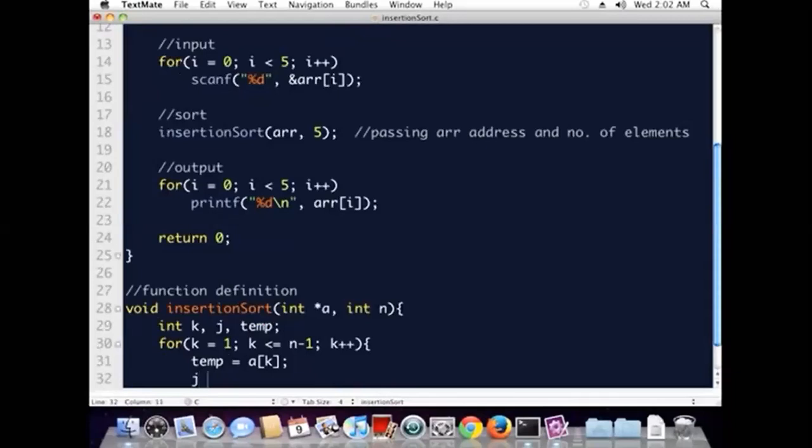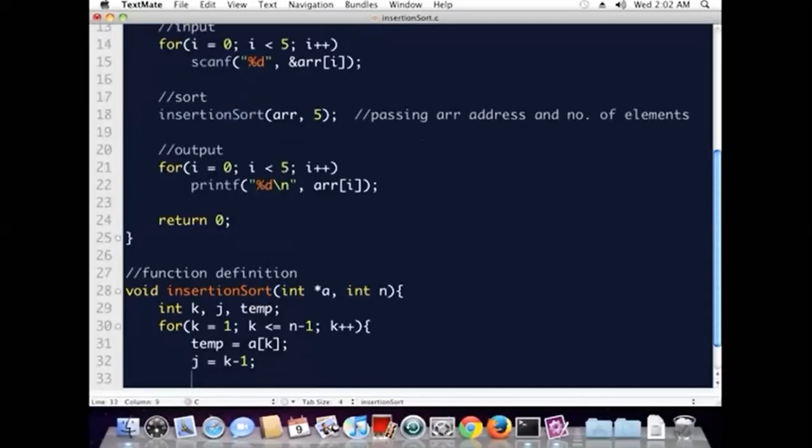I'm checking whether the current element is lesser than the previous element, because we have to find its proper position.